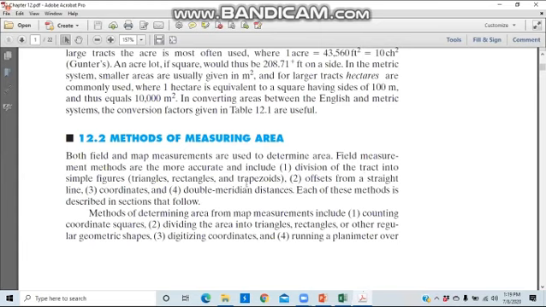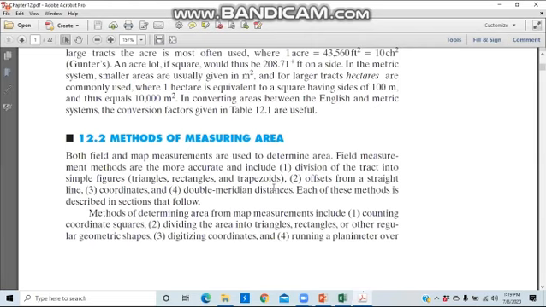like triangles, rectangles, trapezoids. So if you have an irregular shape area or regular shape area, but it does not make the common triangles or rectangles, it's not the common shape, then you can divide that area into rectangles, triangles, trapezoids, polygons, circles, whatever you want, and then calculate the area of those shapes. And once you calculate the areas of those shapes, you add them together and you will get the area of whatever your survey boundary is.